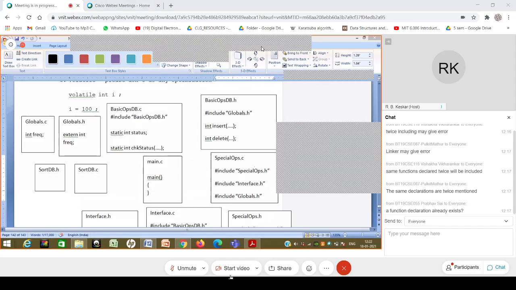So the idea is that you have exactly one copy of the contents of each header file that is included, whatever it is included. Okay. Solution.